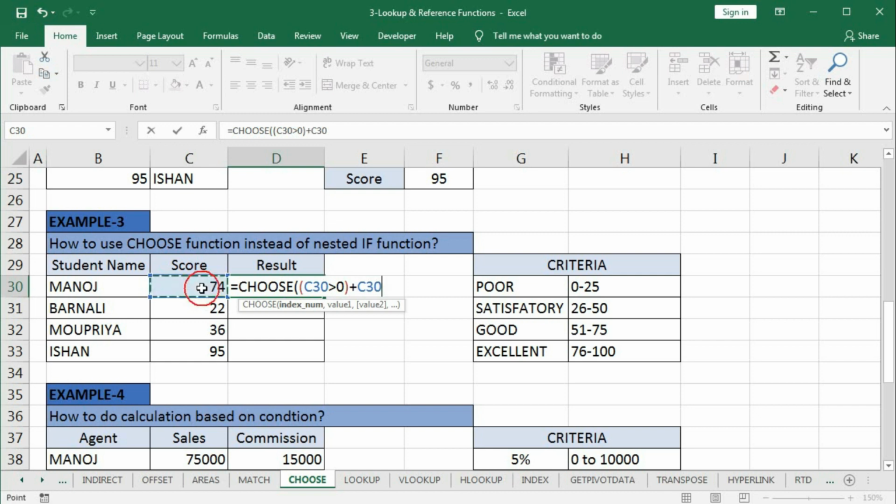Plus then another bracket this cell greater than 25 bracket close plus. In this way we have to do all these numbers: C30 bracket open C30 greater than 50 bracket close plus bracket open this cell greater than 75 bracket close and then comma. So we have created the index, this one, press F9, we got 3 because this cell is greater than 0,